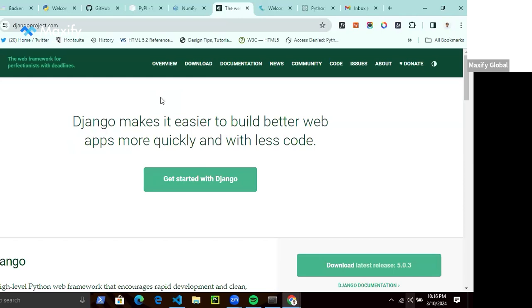Unlike other lightweight frameworks like Express, Ruby on Rails, Flask, Django is a robust framework. It's usually known as a batteries included framework. So you do not have to do many of the installations with other packages.